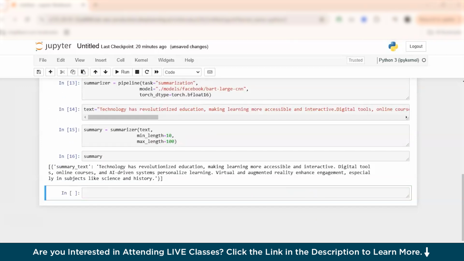So in this chapter, you have seen how to do translation, how to convert text from one language to another using Facebook's NLLB 200 model. And also we learned how to summarize the context. We have learned how to condense long paragraphs into key highlights using Facebook's BART large CNN model. So these models are incredibly useful for automating language processing tasks, making them widely used in news summarization, multilingual communication,